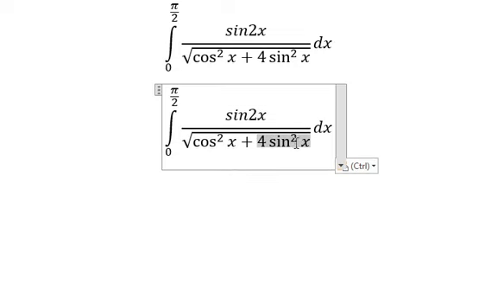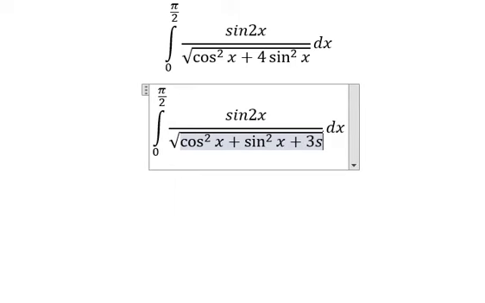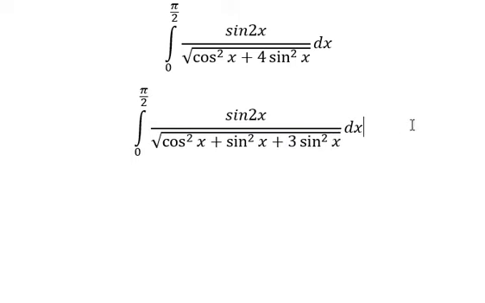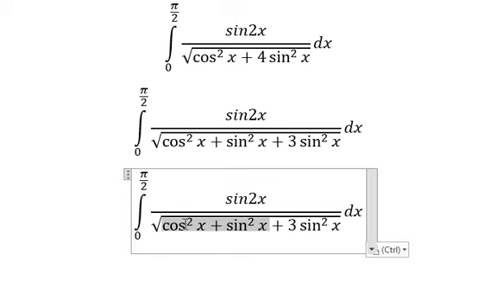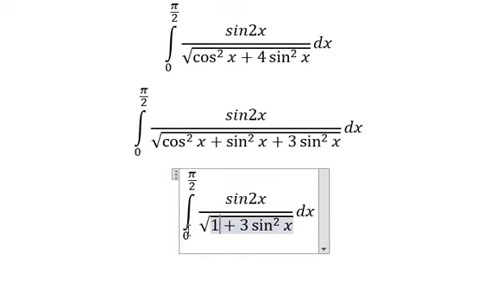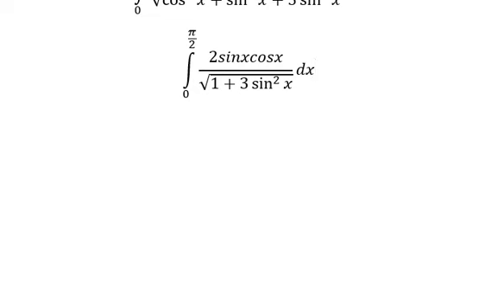About 4 sin x squared, we can put about sin x squared plus 3 sin x squared. This one in here, we know that this is about number 1. Sin 2x, we change for 2 sin x cosine x. Next, we need to use about integration